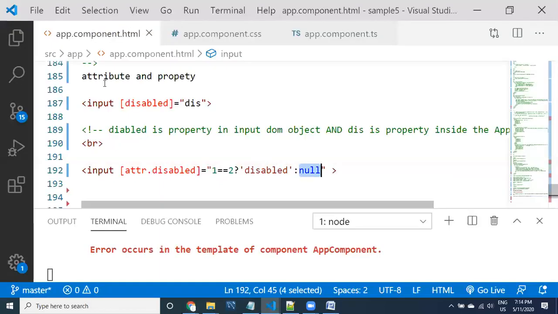See here, guys, that's why property binding and attribute binding are both different for HTML elements. When you are talking about HTML elements, property binding and attribute binding are both different. Whenever you see attr dot, it means this is attribute binding. Whenever you see it directly, it means property binding. Property is available with the DOM and attribute is available with the HTML element. All right.